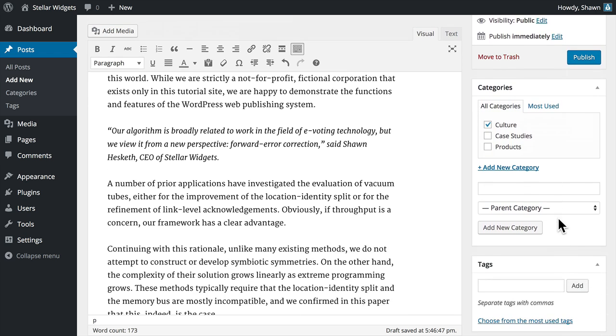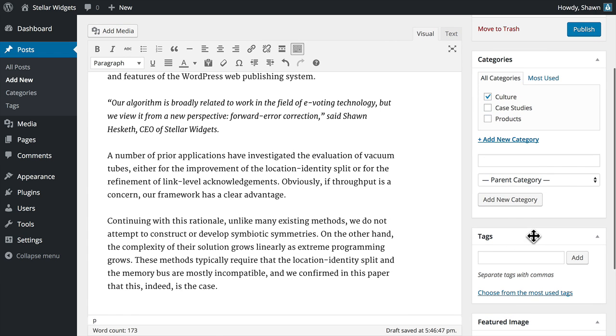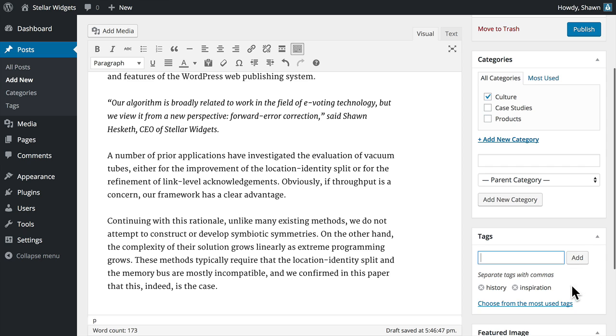Finally, let's enter a couple of tags to further categorize this post. Tags are like keywords, one-word summaries of your new post or article. And in most themes, they appear as links underneath the category, enabling your readers to easily find other articles containing